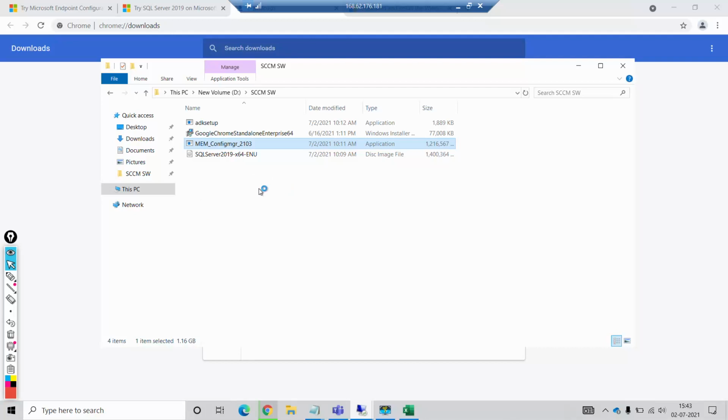It is taking time. See, 16 GB machine RAM is working slow. Your virtual machine was working faster than this, no? Yes, sir. Much faster.